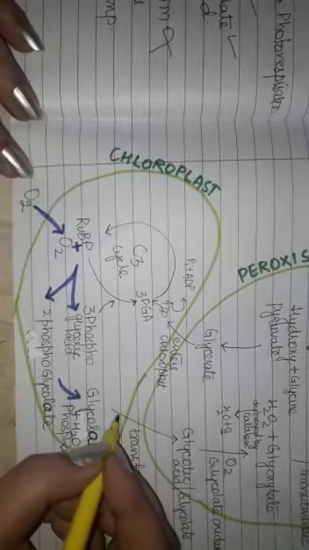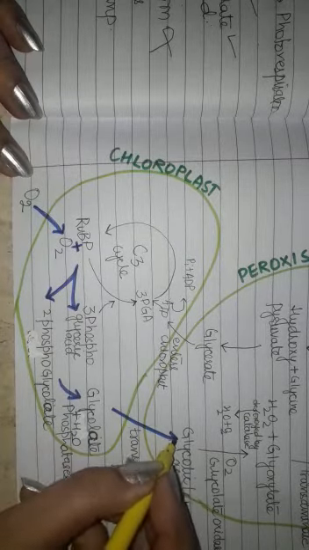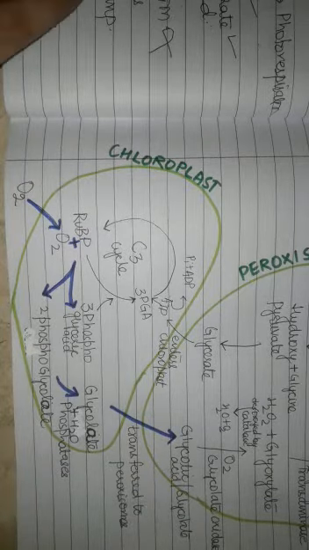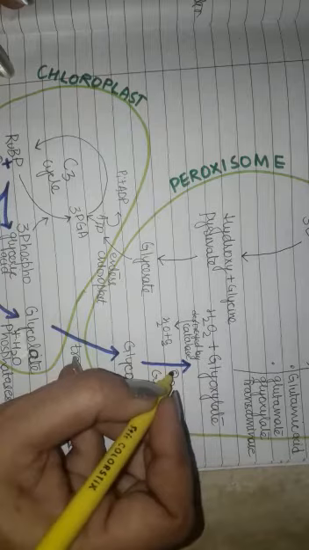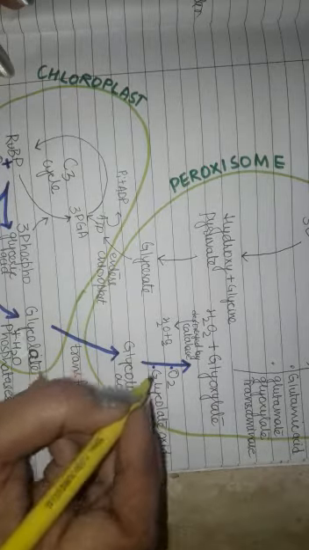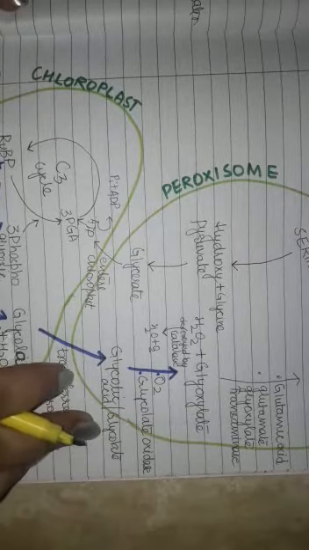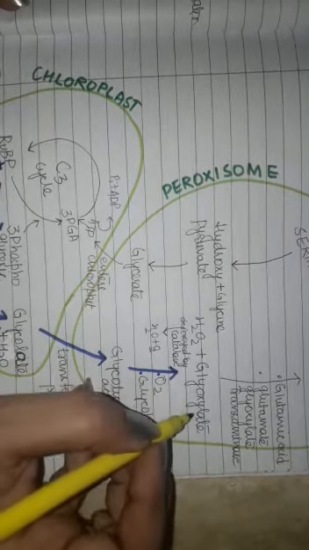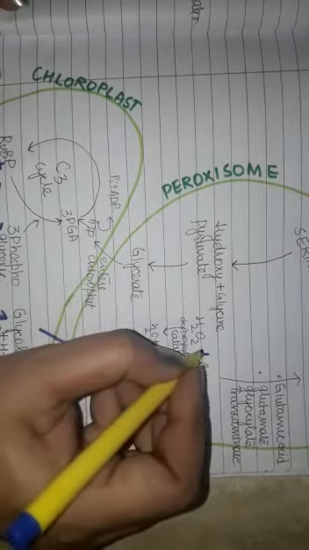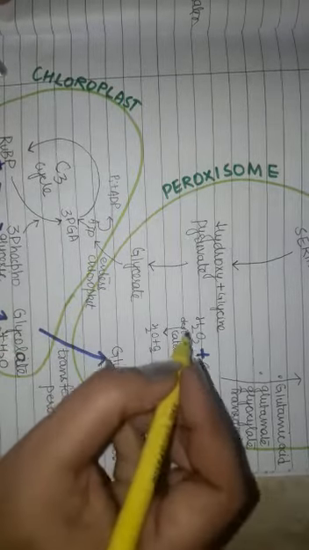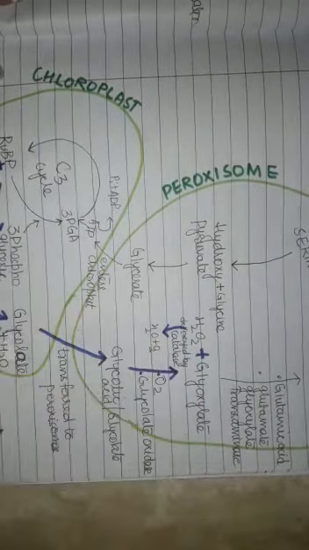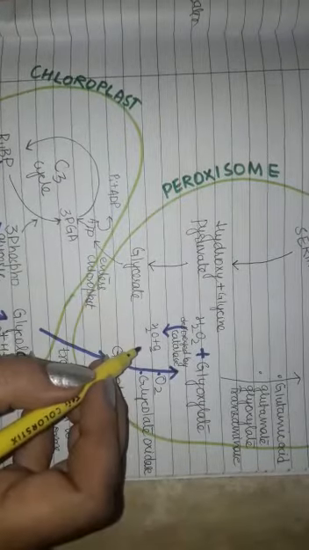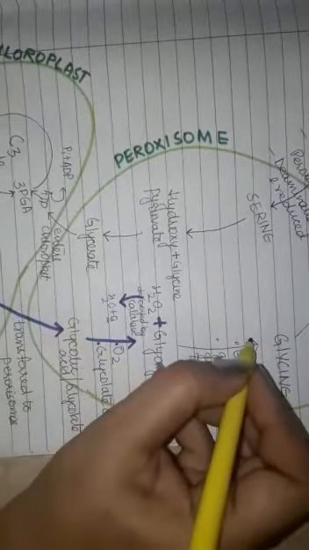This glycolate is transferred to peroxisomes, and in peroxisomes, this glycolate combines with oxygen, and in the presence of the enzyme glycolate oxidase, it produces glyoxylate plus hydrogen peroxide. Hydrogen peroxide is destroyed by the enzyme catalase into water and oxygen, and this glyoxylate